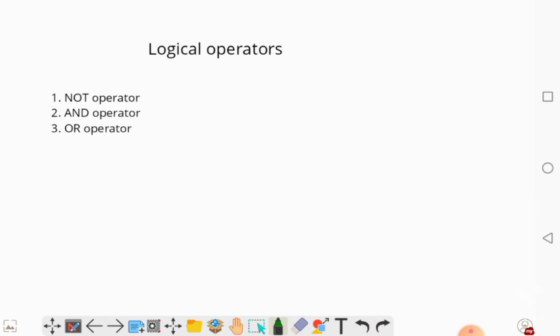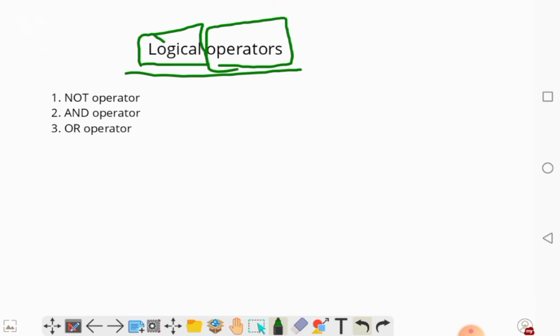Now we will understand the logical operators. We will see what is logical and we will understand what is operator. First we will understand what is logical, then we will understand what is operator. Logical means, for example, in our daily life we take logical decisions, that either it will be true or it will be false, either yes or no, that is 1